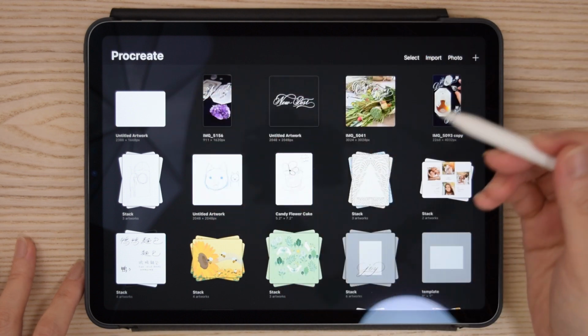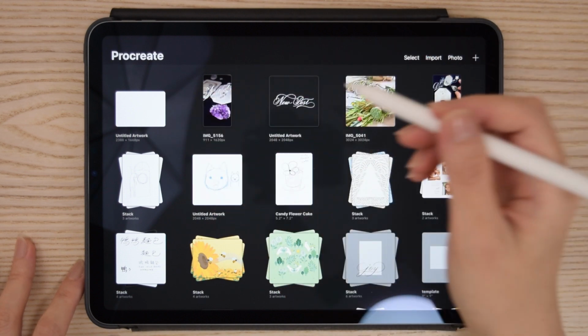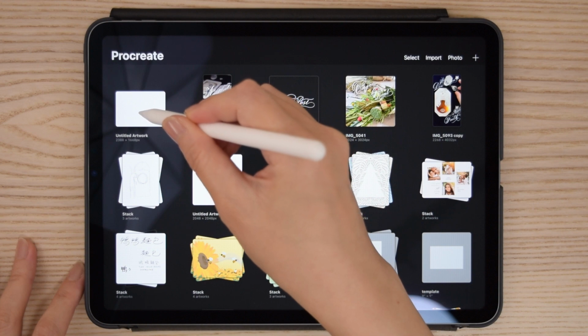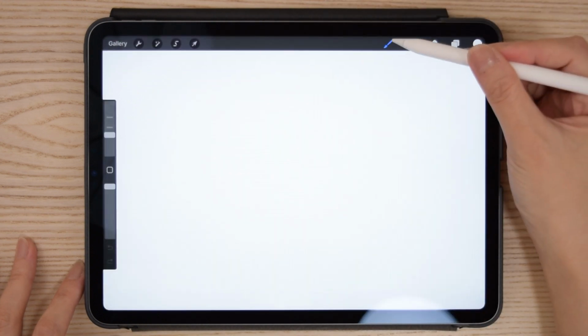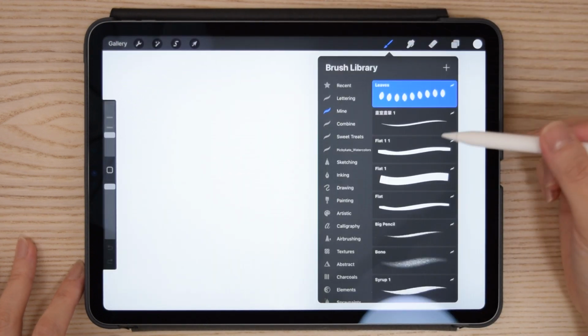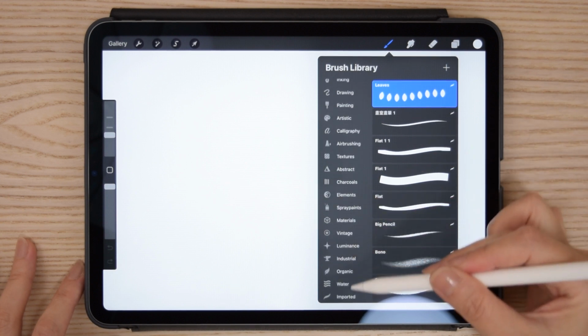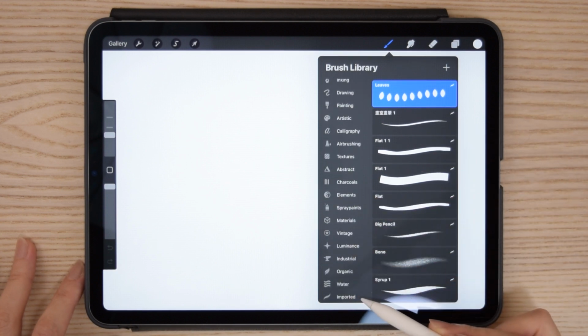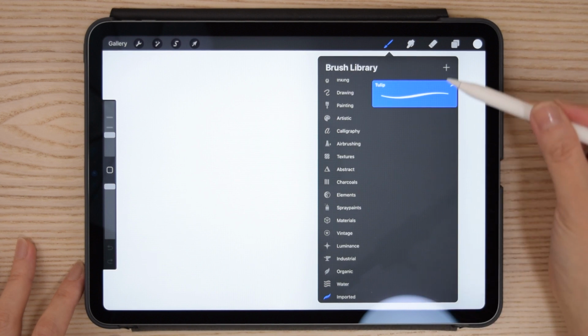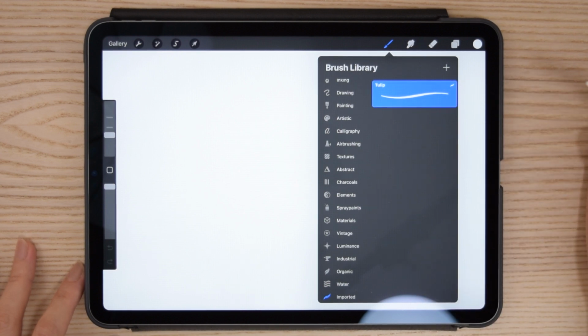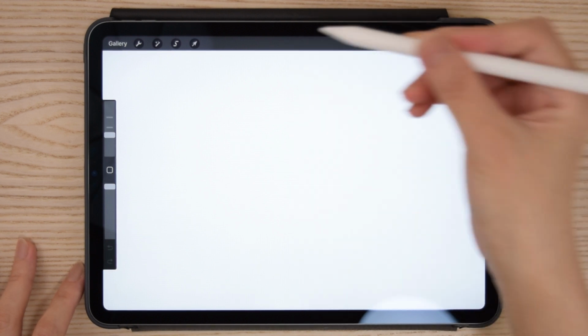It will automatically open up the Procreate app for you. Now open the blank page here and click on the brush icon here. Scroll all the way down to the bottom. It says Imported here. And you will see all the brushes you download here.